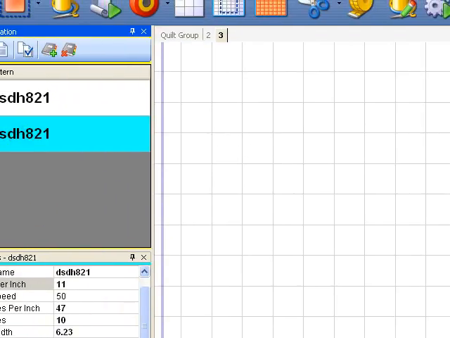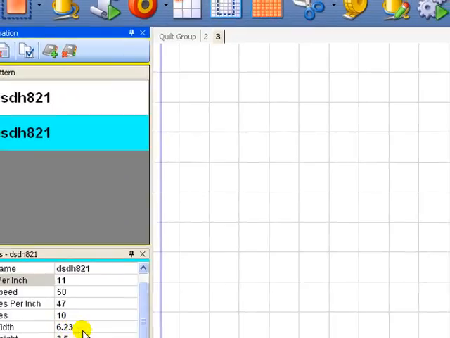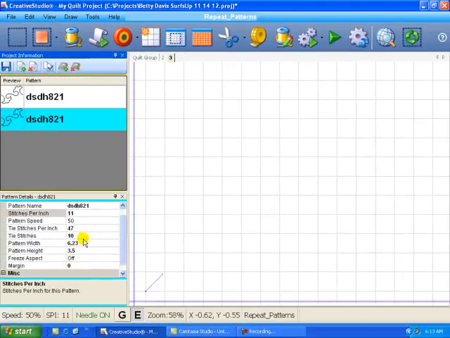I changed the height to 3.5, but before I changed it to 3.5 I turned off the freeze aspect and I left the width at 6.23. When I set this up, you're going to see why I did this, because the height is going to go back to 5.0 and the width is going to stay at 6.23. I'll use